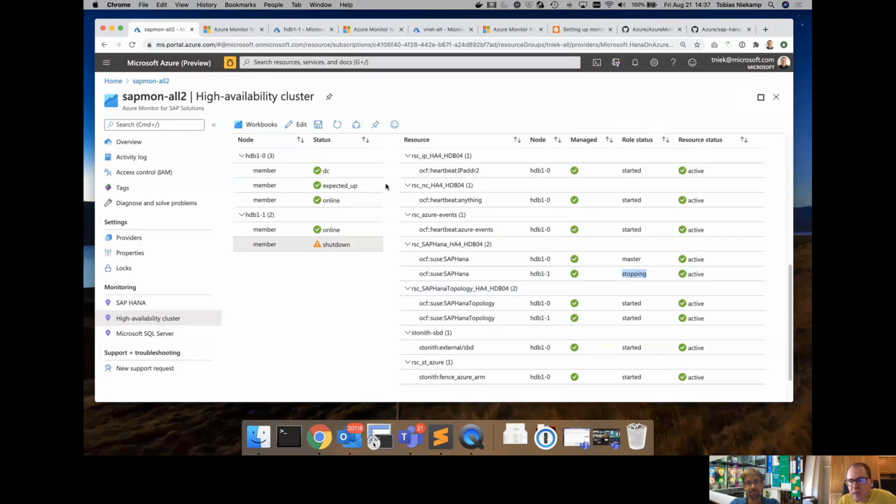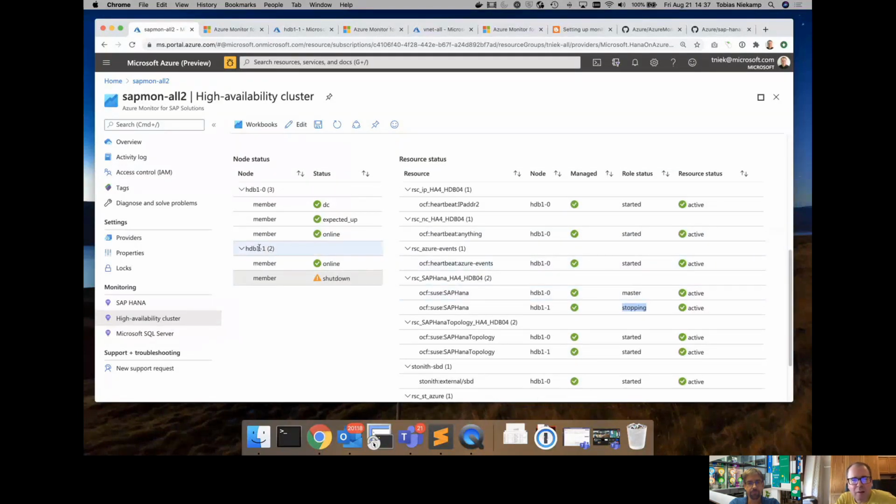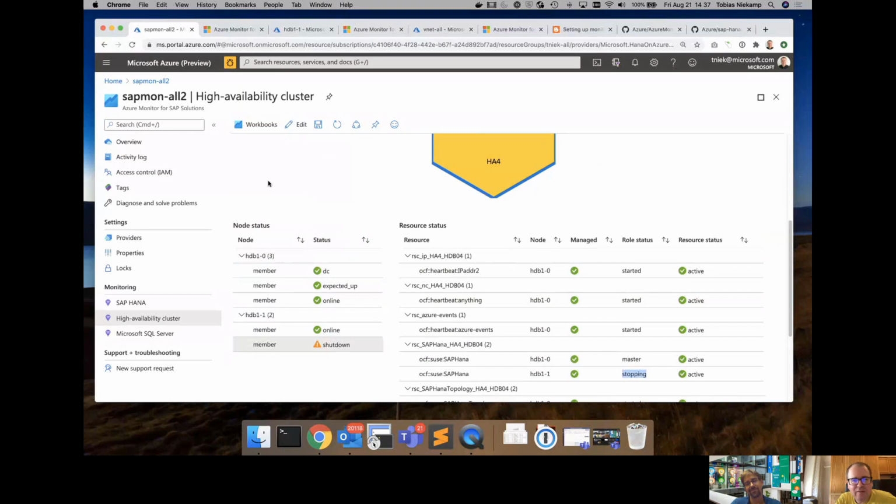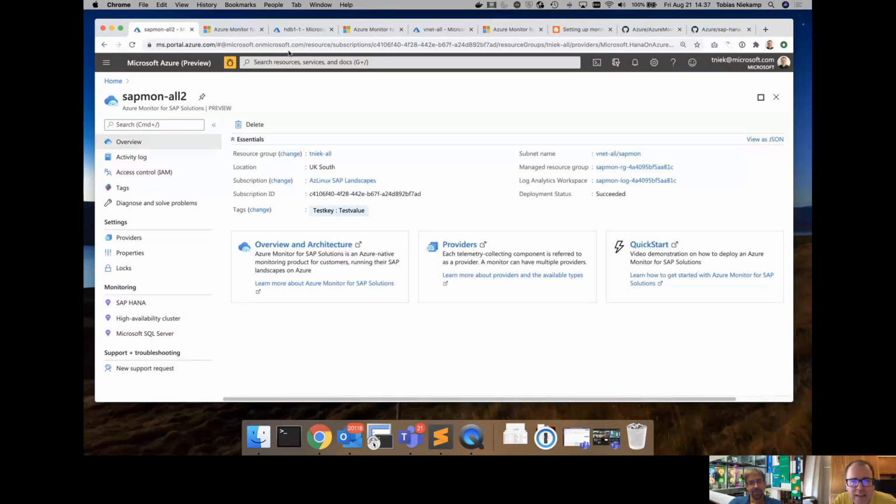It's not real time because there is a certain amount of latency required for us to pick it up. We don't query it every second because we don't want to overload the system either. And also we have to send the data over the network into Log Analytics. But you saw, I mean, just from this demo, it was fairly fast. Now the last thing I want to quickly show you is, from an architecture perspective, the way we built it.